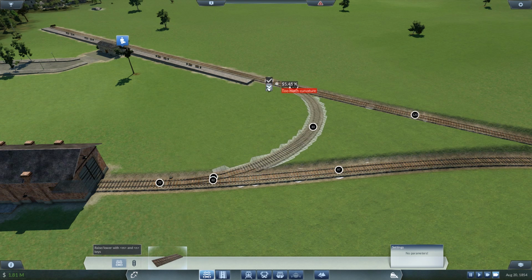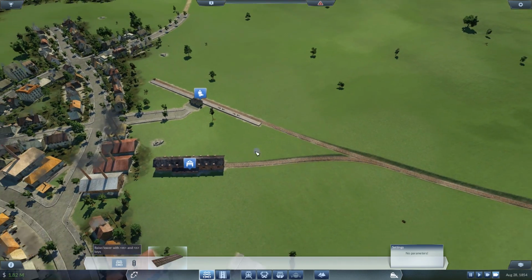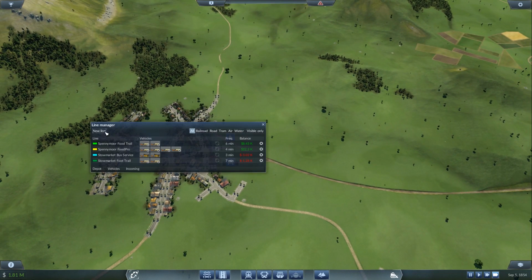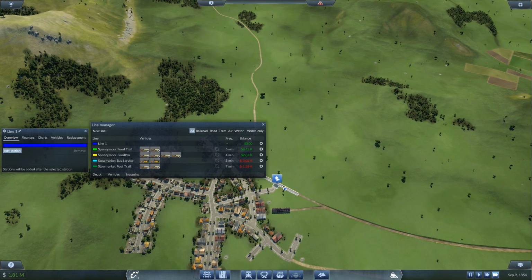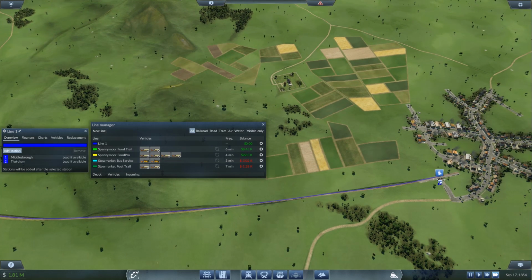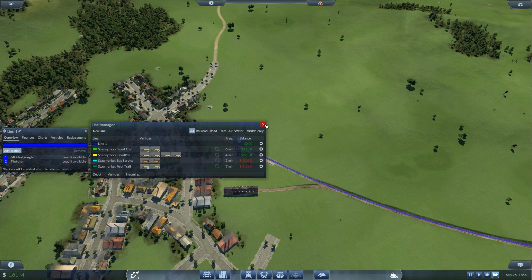Too much curvature. Yeah, it's a little bit sharp, innit? Nah, doesn't matter. Okay, so we'll set up our line. One route, new line. From there. And there we are. So, looks like in terms of money, look, the food trail and the food production is